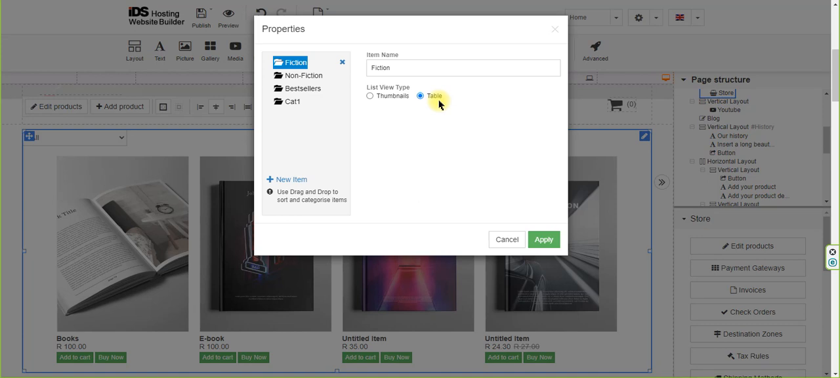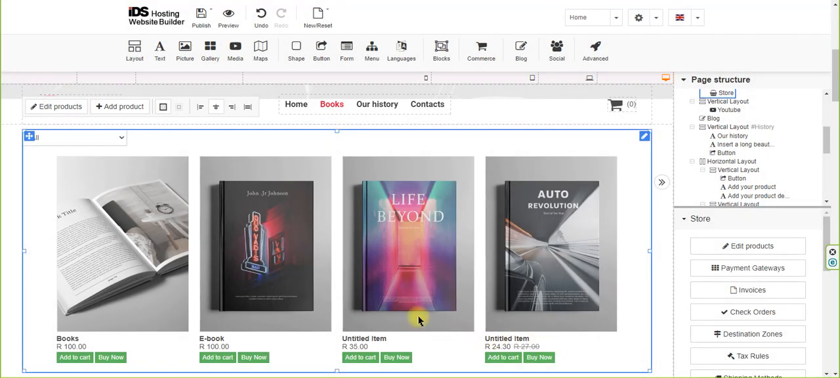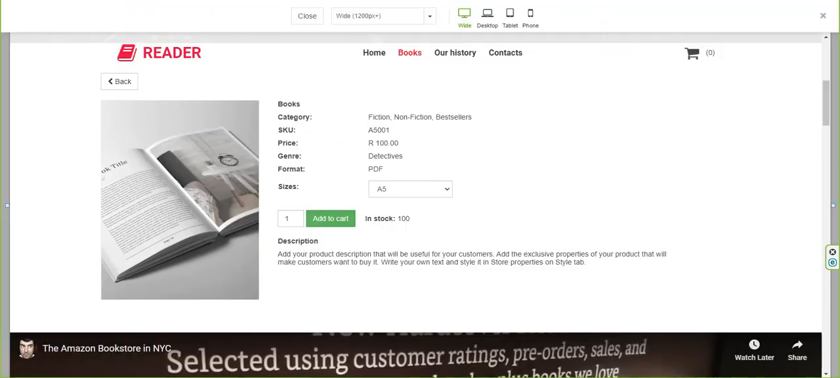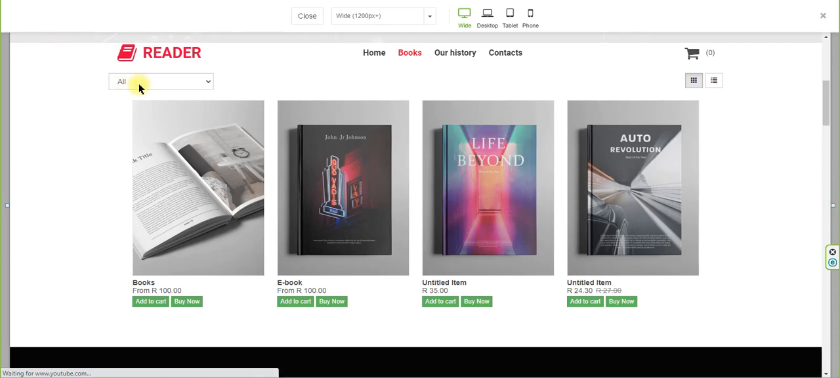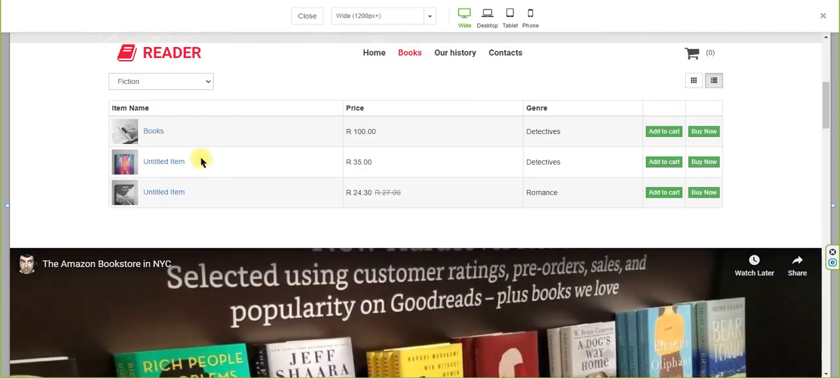So the format will be, okay, I'll show you. Let's go to fiction and we say thumbnails and we apply here. You won't see it over here because this will always be just the format you see here. But if you go to the website builder, let's go back and let's go to fiction. You'll see here the format now is